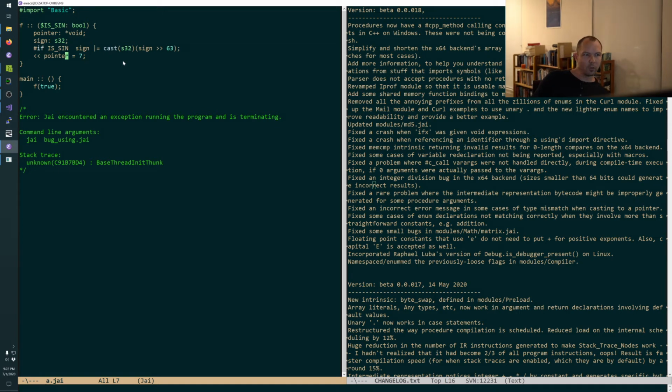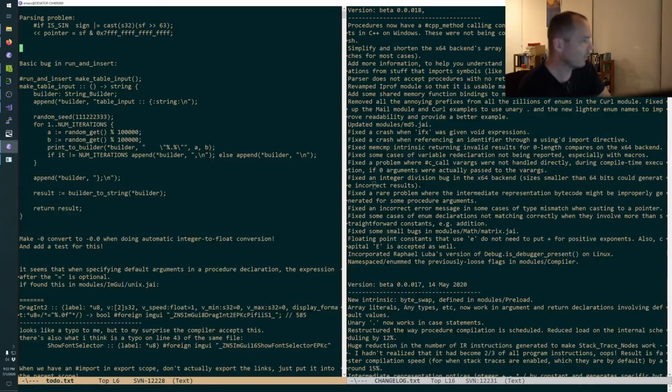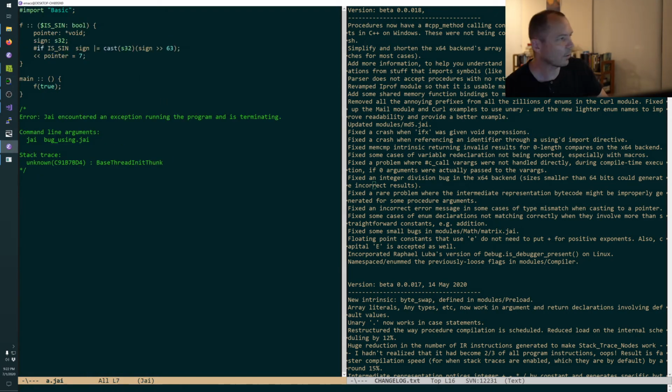Well, we got some bugs fixed. Look at this list of fixes. I want to fix this one though. This one's annoying. I just don't want to do it right this second because it's nighttime and I'm a little tired. And I want to make that running. I want to ship the new beta tomorrow, I think is the plan.